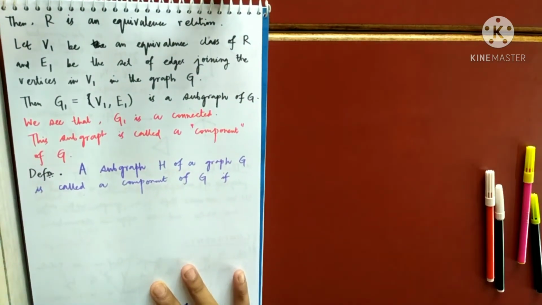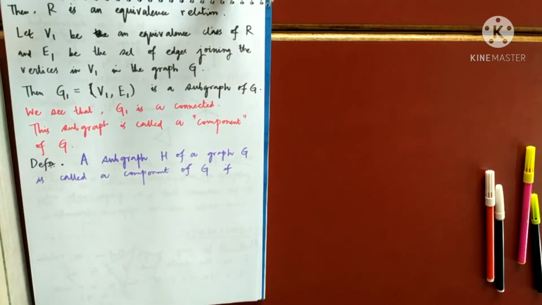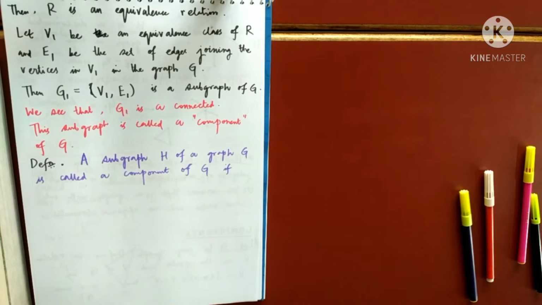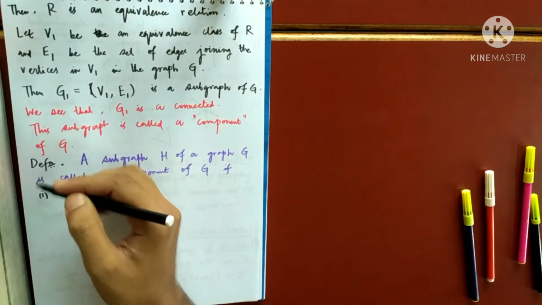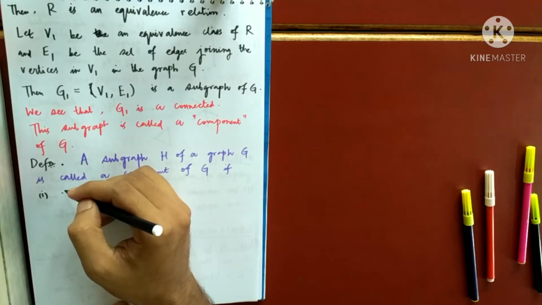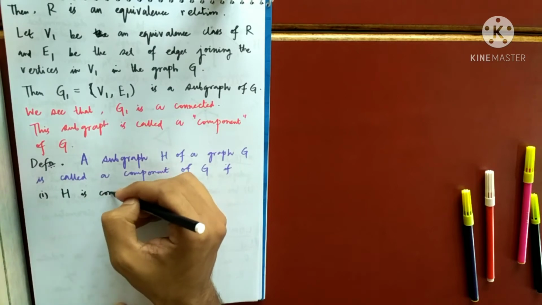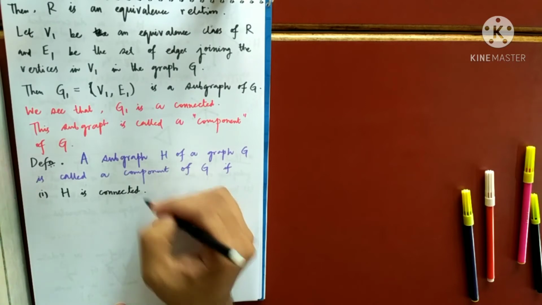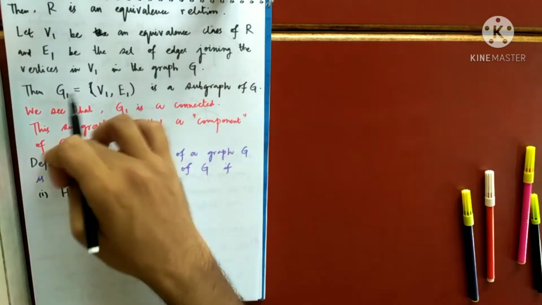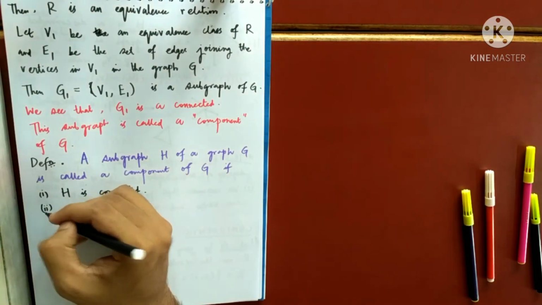If I give you a subgraph and ask you whether that is a component or not, how will you say? Number one, H is connected. If the subgraph is not connected, that cannot be a component, because by the definition of a component, we understood that components are always connected. And number two,